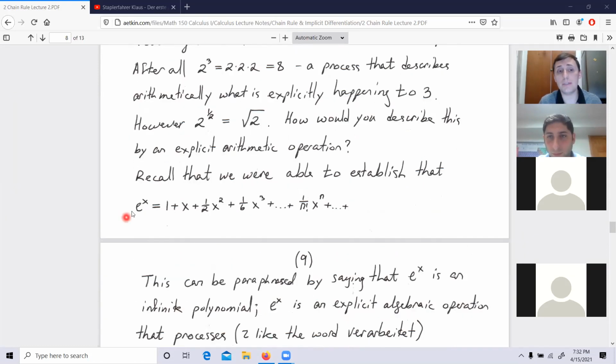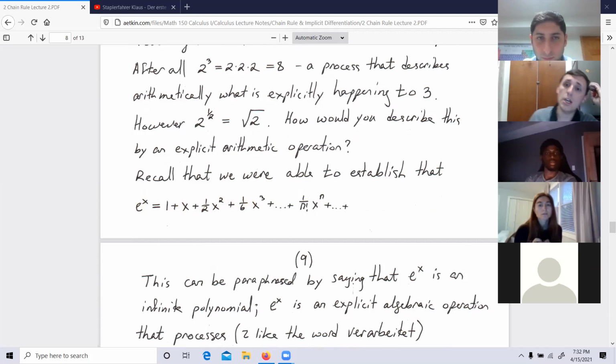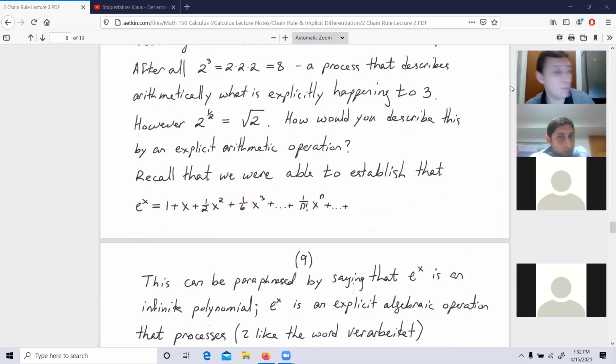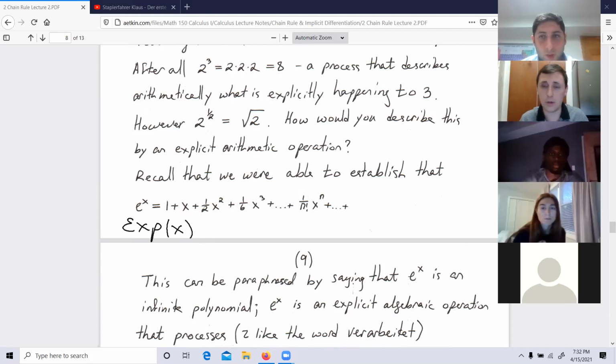Right, we know the explicit formula for e to the x. It's 1 plus x plus 1/2 x squared plus 1/6 x cubed and so on. That's the explicit formula by which the exponential function is defined. Some people don't like to write the x on top. They just write the function this way, exp x, because if you think about it deeply enough,